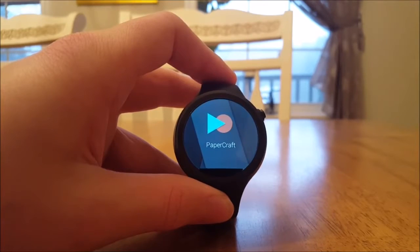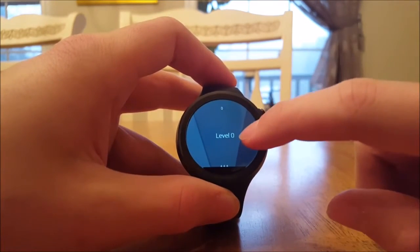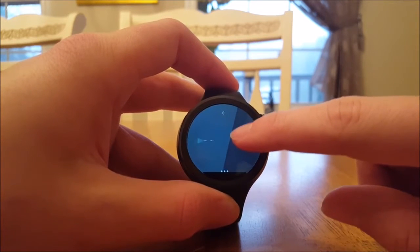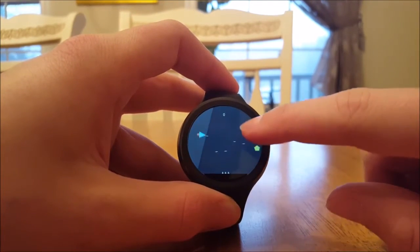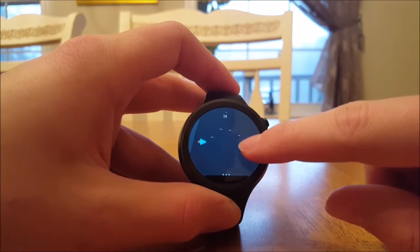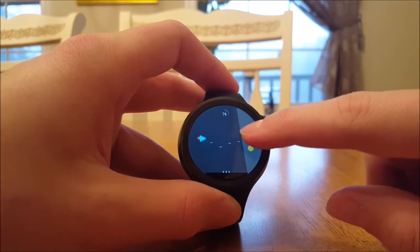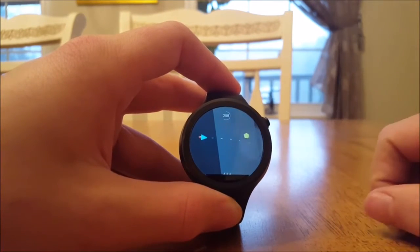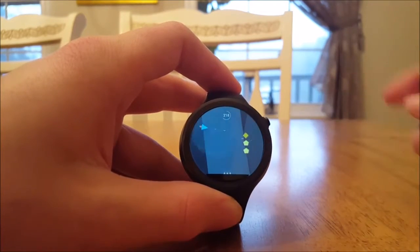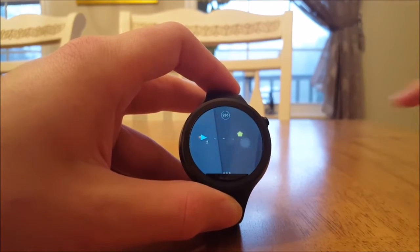This app called Papercraft is another of those gimmicky games that are kind of fun to play, but you basically have this little rocket ship here, or arrow, or whatever it is, and it sends out little bullets, and you have to destroy all the shapes with your little bullets that come out of it. So it's kind of fun. Depends what kind of games you're into, or if you like gaming on such a tiny screen, but I find it useful whilst I'm waiting for the bus, or